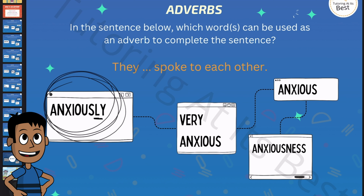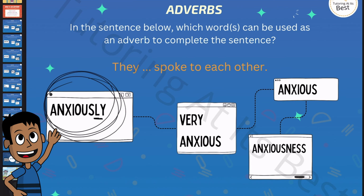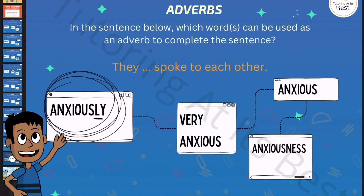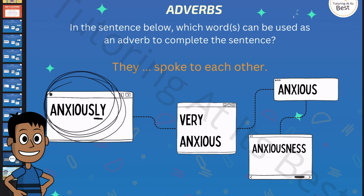And there you have it, our deep dive into the realm of adverbs. From subtly altering the tone of a sentence to painting vivid imagery with words, adverbs truly are the unsung heroes of our language. I hope you've enjoyed this exploration as much as I have, and that you're inspired to wield